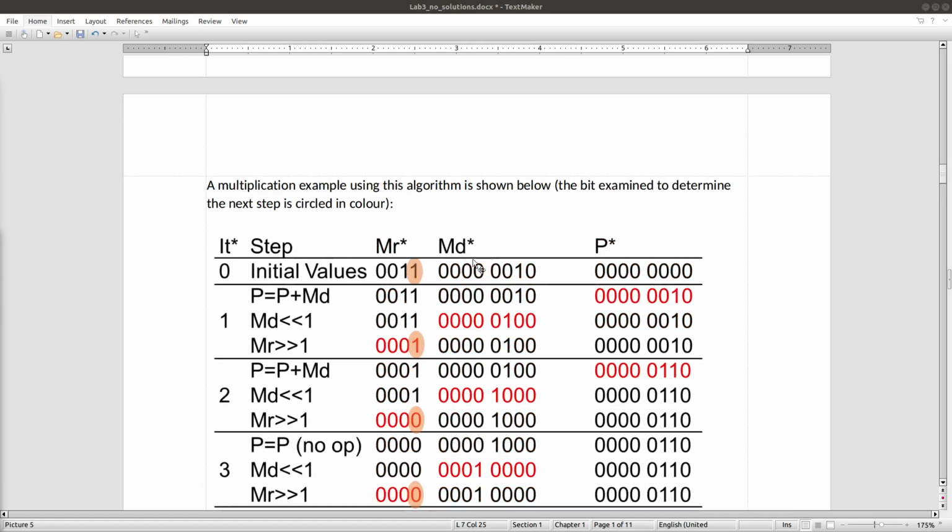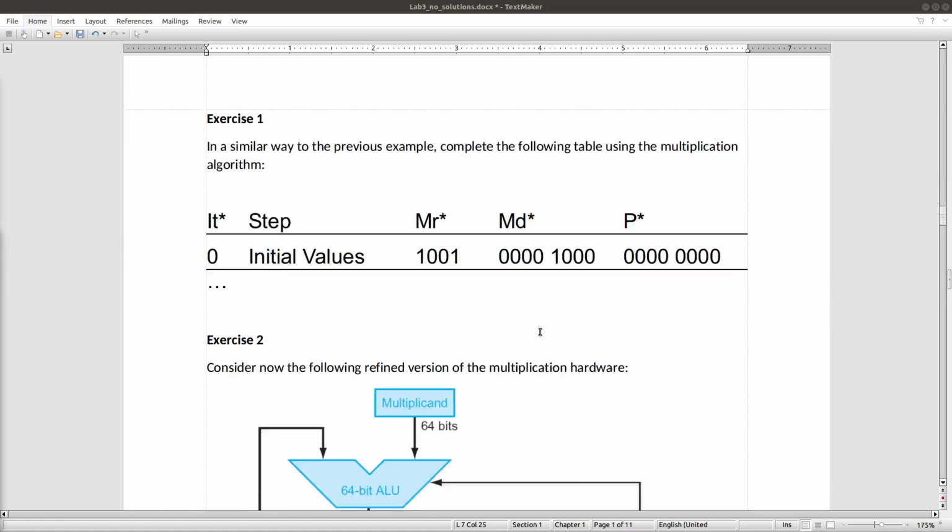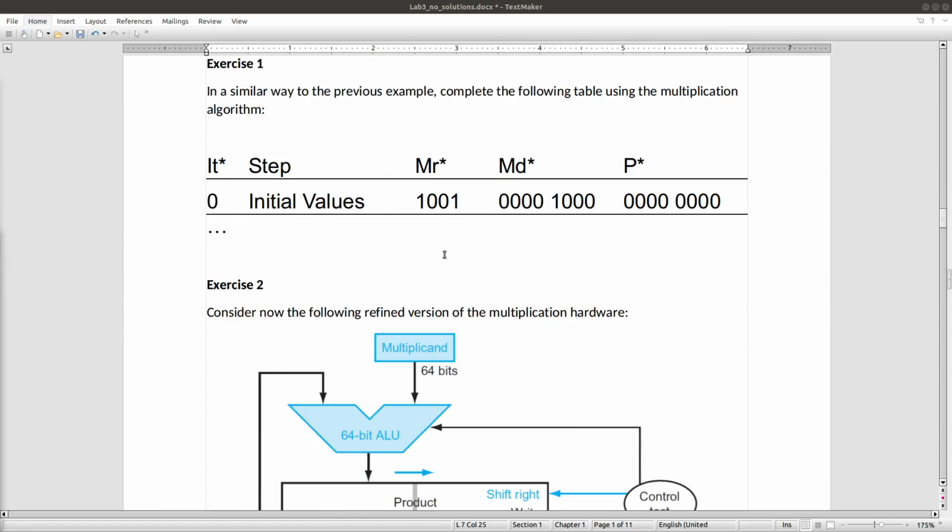Here is an example of how the algorithm works during a multiplication of two operands, and we will look into the value of each operand, multiplier and multiplicand, together with the result in the product register step by step, and then you will need to do exercise 1 yourself.